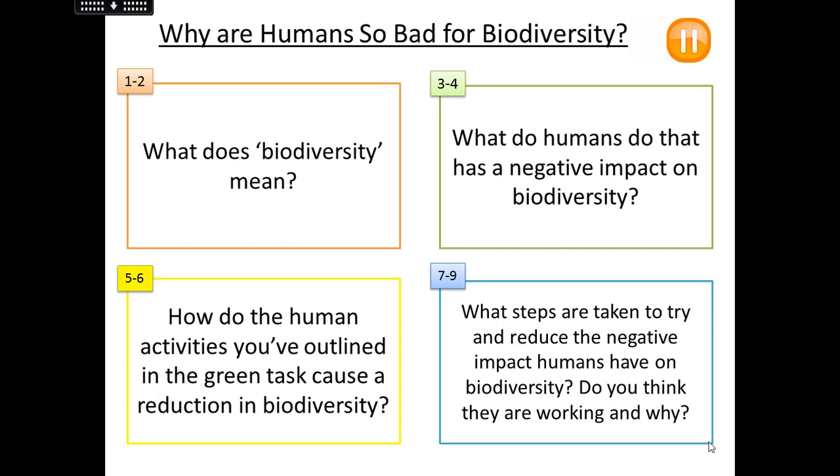It's kind of in the same style as how we did the 6-mark question, but obviously we're looking at the negative impact in grades 3 to 4, 5 to 6. And then for grades 7 to 9, we're evaluating these steps that we're trying to take to reduce the negative impact. So use your 6-mark answer, improve it if you can, but the evaluative bit is always going to be a mark available for you to say what you think and why. So tell me which ones you think are working and why do you think they're working? What evidence do you know or can you think of that would show that this particular process or technique is working? So pause the video and off we go.